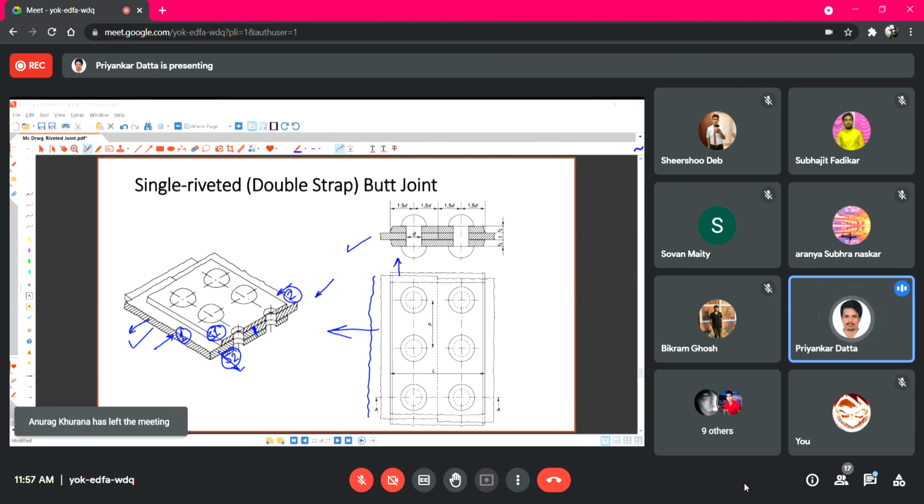In detail, you will see all the mathematical equations and calculations for different types of welded joints, and you will understand which one is better. But in general, strength wise, you cannot directly compare a riveted joint with a welded joint. Application wise, there are some advantages and disadvantages. Based on that, these types are selected, right?